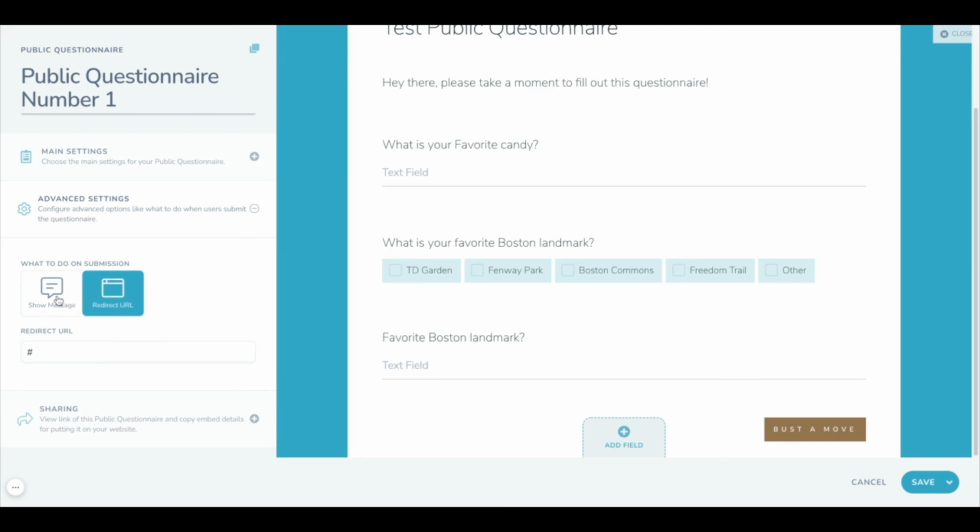So if you have a guide or something that's on a page, you can easily embed that guide on a specific page on your website, and it's only accessible if someone fills out this questionnaire and hits submit. Lastly,